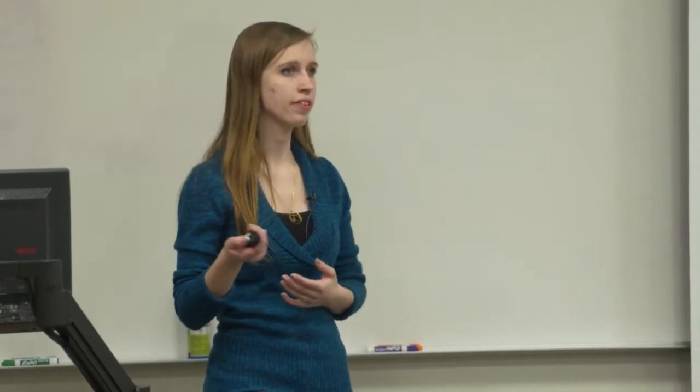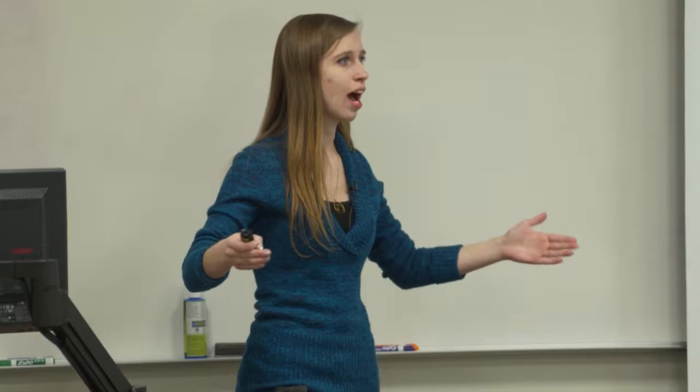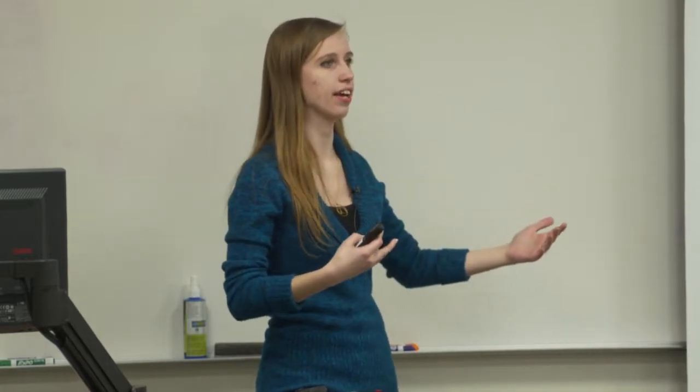So now the understanding. Is this understandable? Now, I'm not asking you, do you understand all of math right now? I'm asking, do you understand that when I say Z equals 2W, I'm saying that they vary directly, that Z will increase twice as fast as the other? Or when I say that X equals Y, that they can act the same.